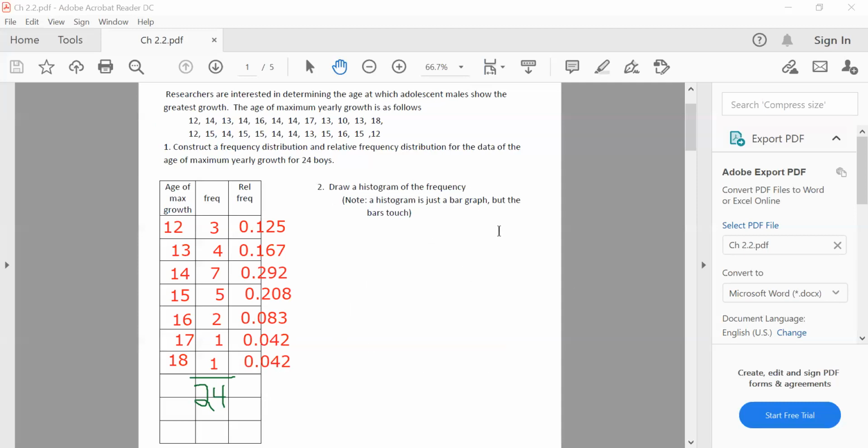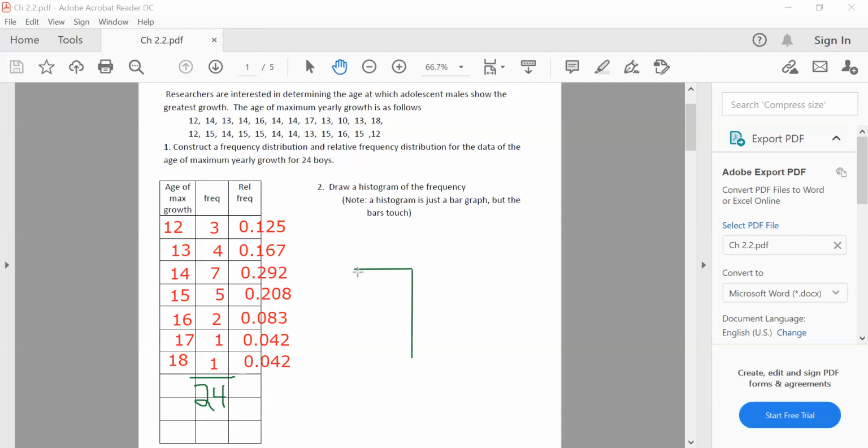Now we can draw a histogram of this frequency. Here's the thing, a histogram is just a bar graph where the bars touch. It's not super interesting. I think we already spent enough time on bar graphs previously. It would be the same thing. You'd have your horizontal axis, your vertical axis. You'd put the numbers here, 12, 13, 14, 15. Just draw bars above them and then just have the bars all touching so that it's like, here's the first